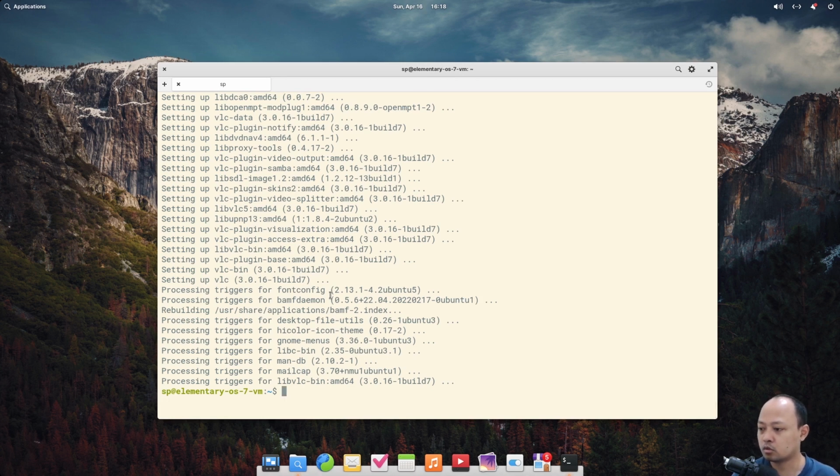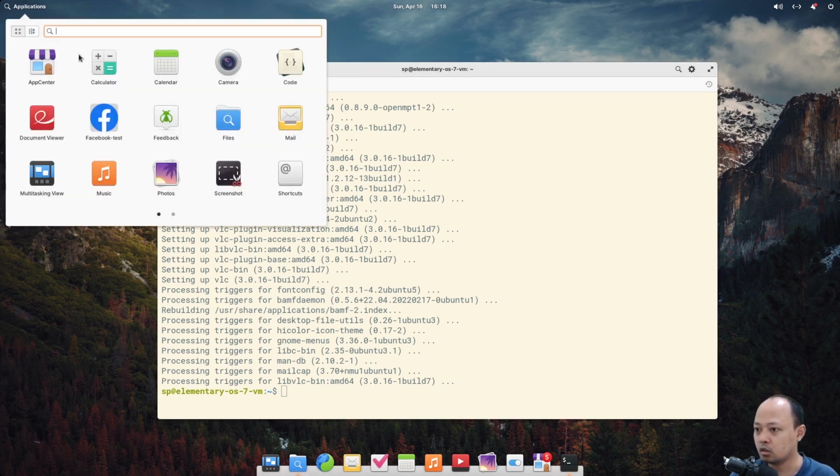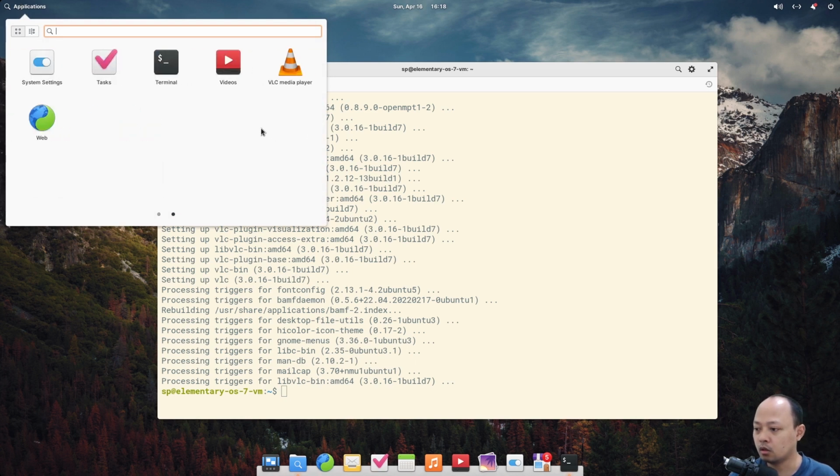The installation process is finished. Let's find VLC in the application list. We can see here there's a new launcher for running VLC.